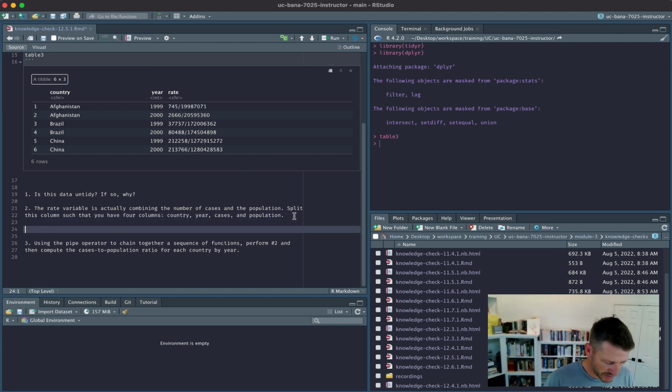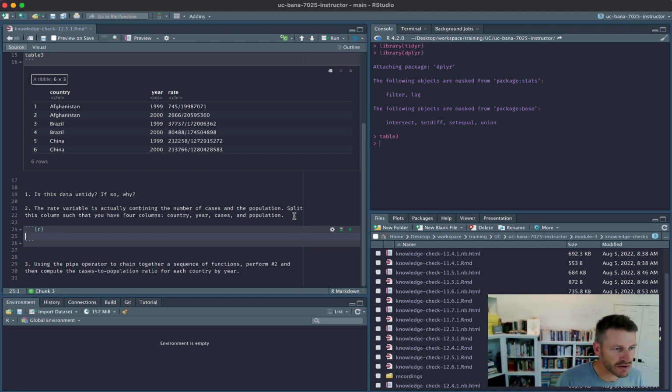Right? And so that's what number 2 gets at. It says the rate variable is actually combining the number of cases and the population. Split this column such that you have 4 columns: country, year, cases, and population. All right. So we want to go ahead and take table 3. And really the objective here is we want to separate